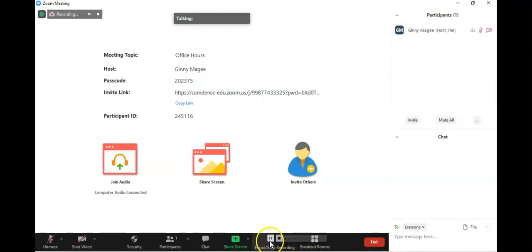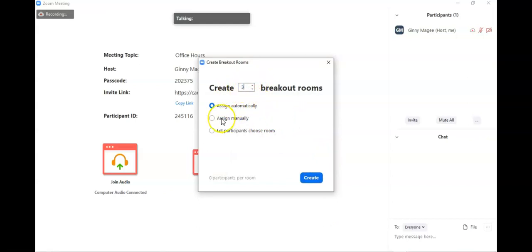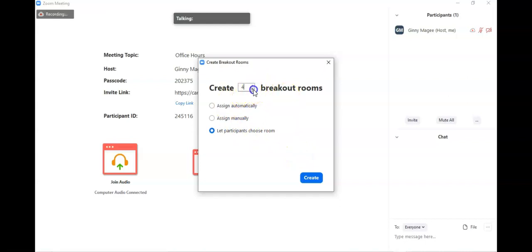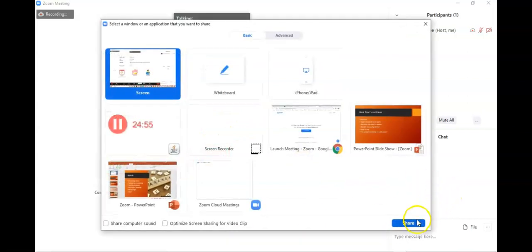Here you have your recording tools to stop or start, and this is where you can set up breakout rooms once the meeting is underway. So you can set how many breakout rooms you want. You can either assign automatically or manually, or let the participants choose what room they would like to be in for the meeting. So I do want to go ahead and click Share Screen,